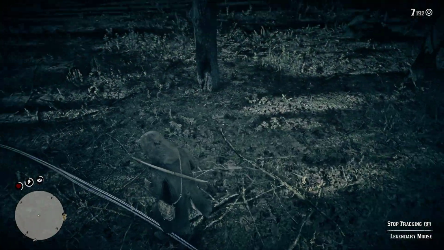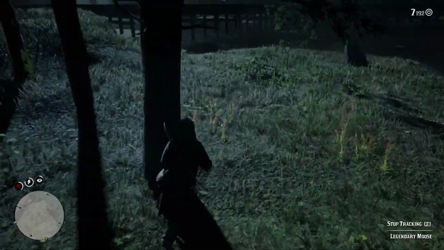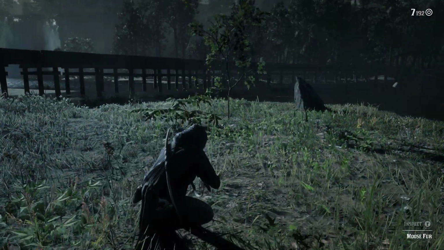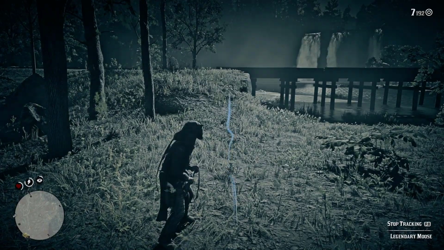Now, you can see the little thing in the bottom right corner. If that bar runs out, you're okay. Just redo it. You'll pick up on the clues again, and you can carry on. But here we are. We just got some fur, and then...